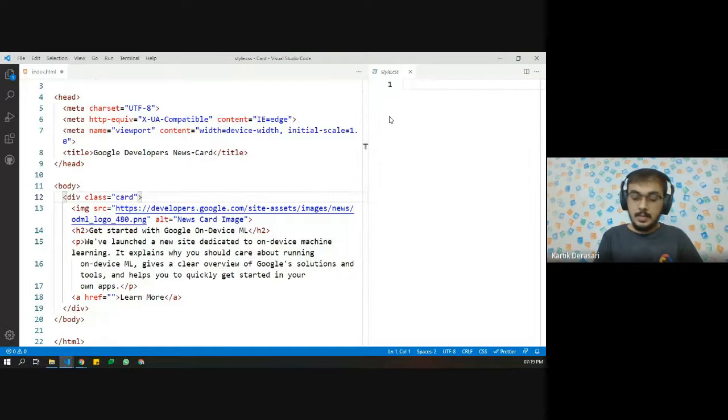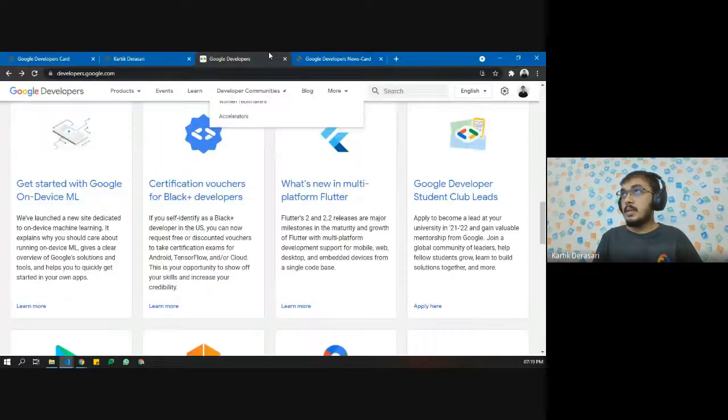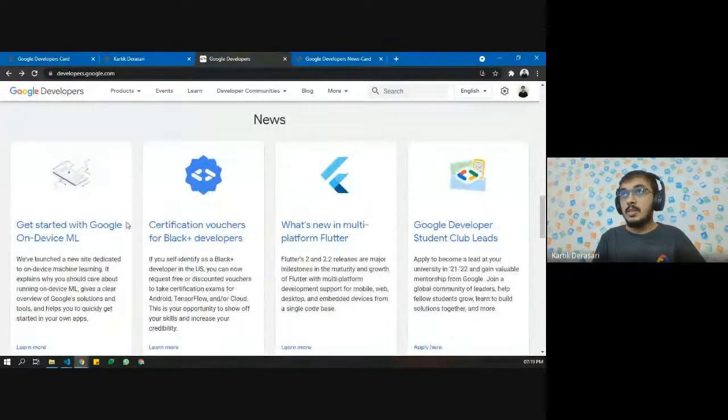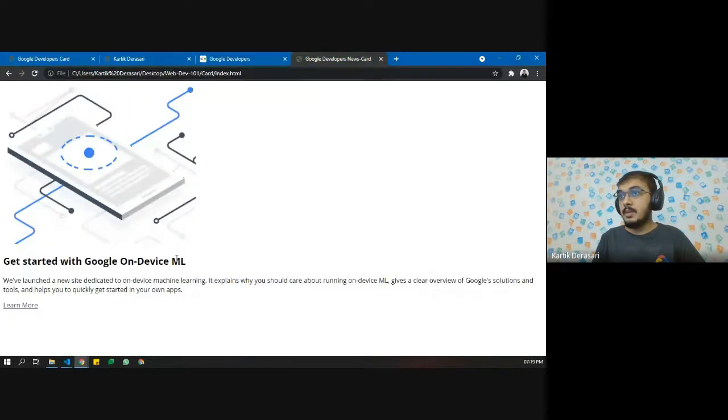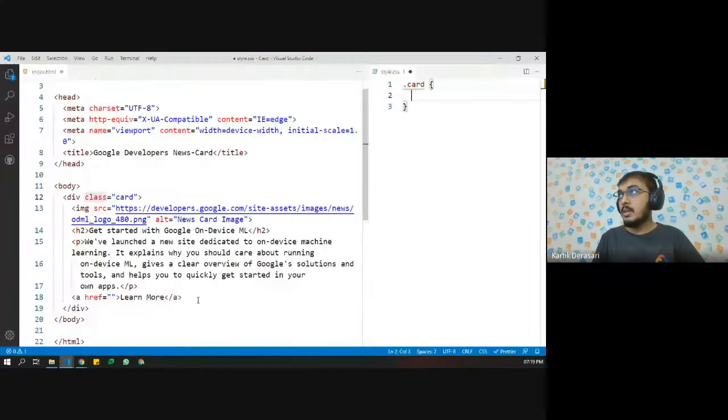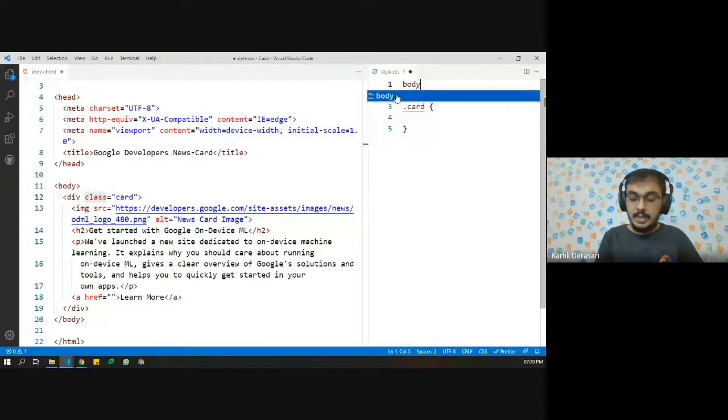Now here, as we are using a class attribute, we need to specify it using the dot operator. Using dot. So now the main part is that we want to have a white color background, and we want to have a very thin border. To differentiate between the background, let us color the whole body part.